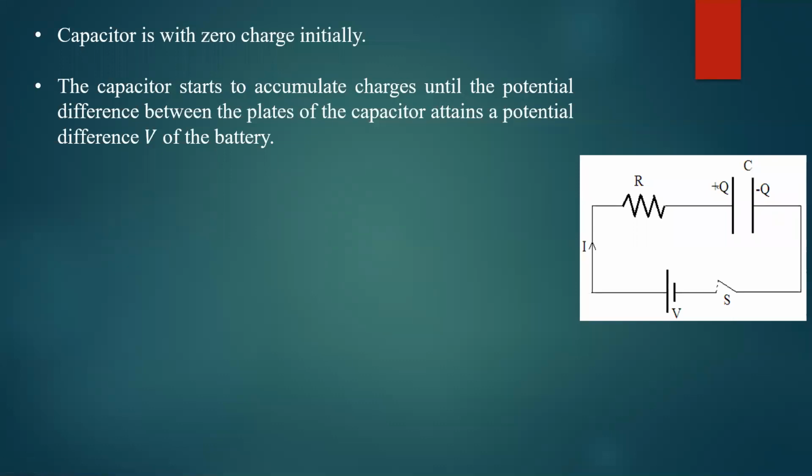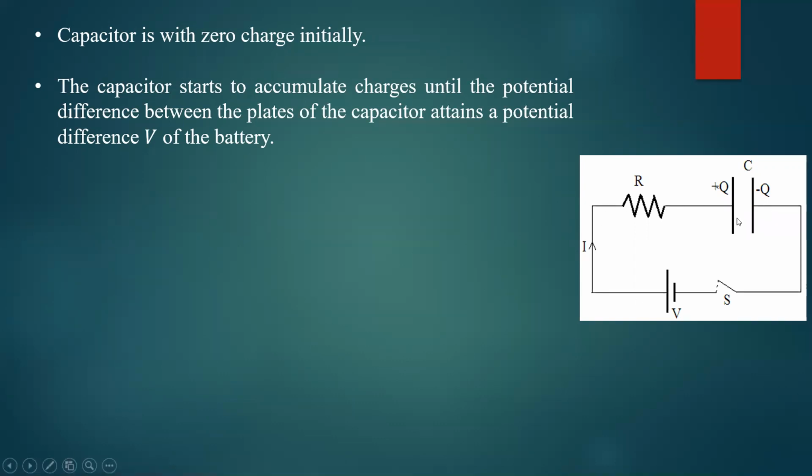If you connect the battery of 5 volt, capacitor can charge up to 5 volt. Then what is the expression for voltage of the capacitor? It is Q divided by C. You can find what is the maximum charge that can be stored on the capacitor if 5 volt battery is connected. That is given by Q divided by C. That is the voltage. Okay, we'll come to that. So that is one condition you should remember. Otherwise, that is the fact.